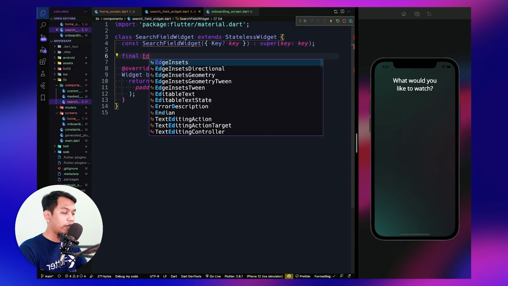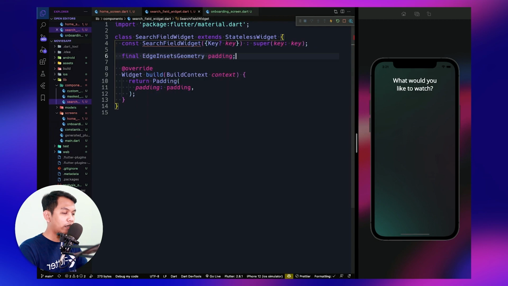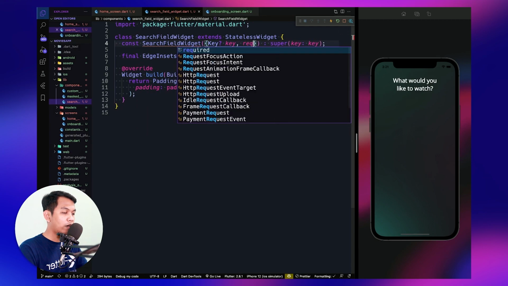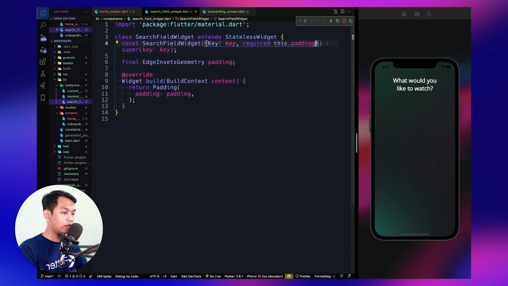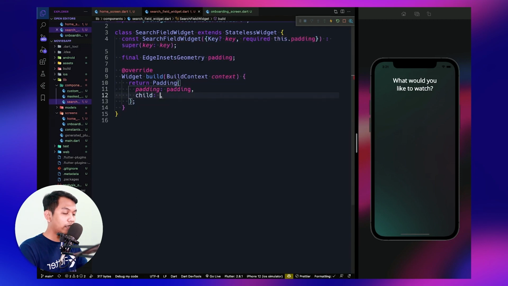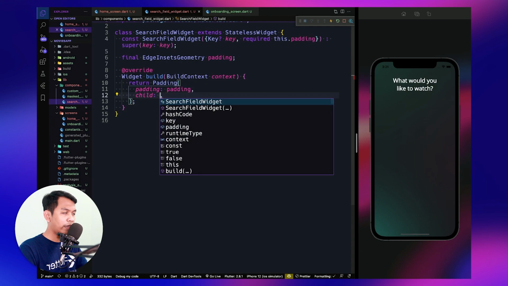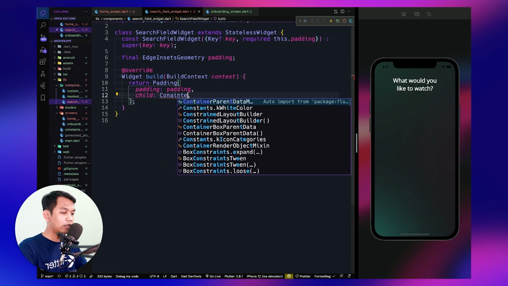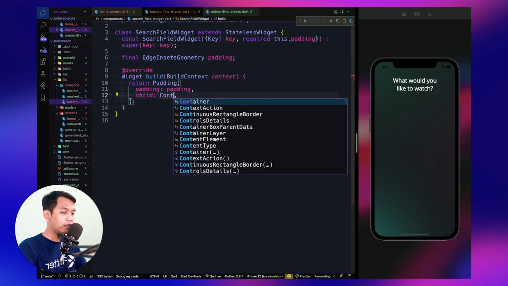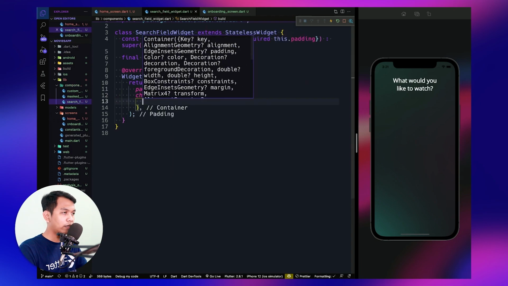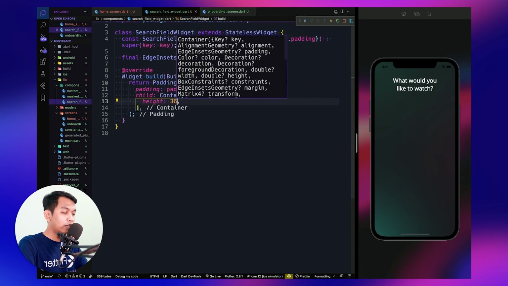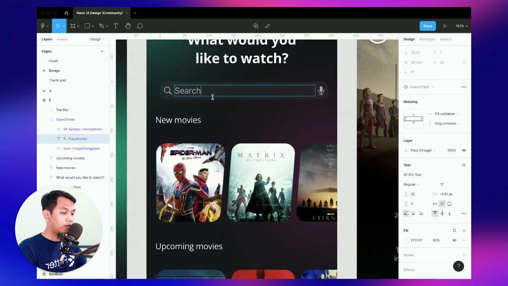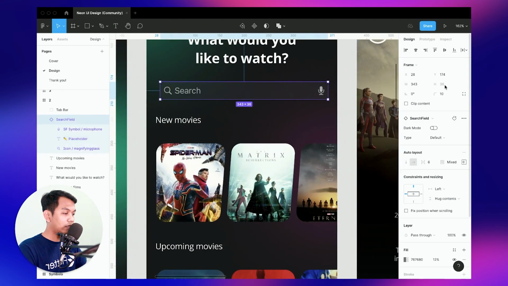For the type is EdgeInsetsGeometry, and we need to say required this.padding, look like this. And inside this Padding, we will have child, and for the child, we will use Container. And Container has a parameter which is height. We set it to, from the design, we can check it's around 36.